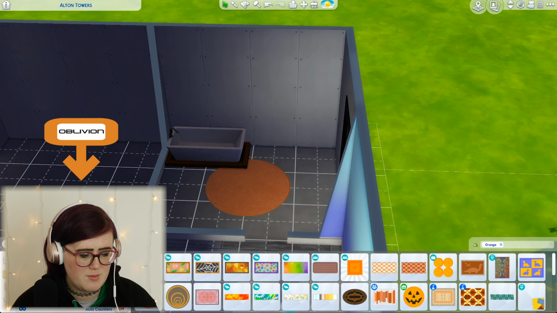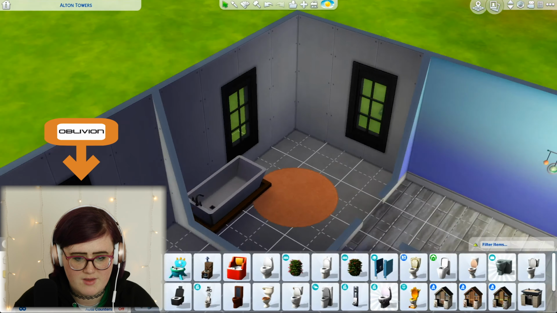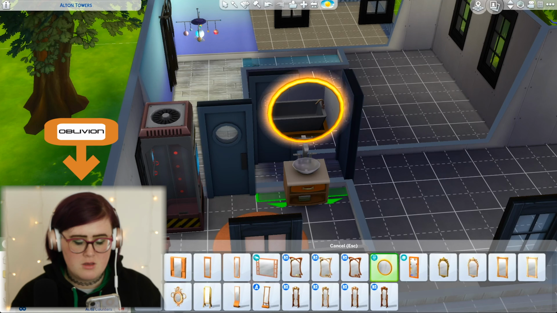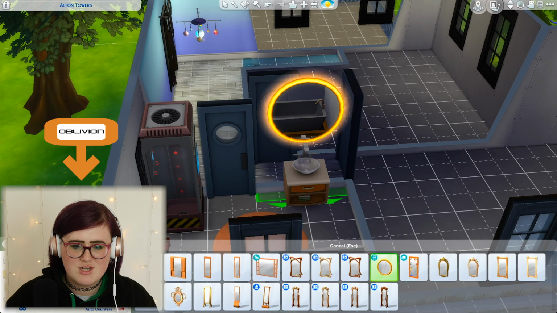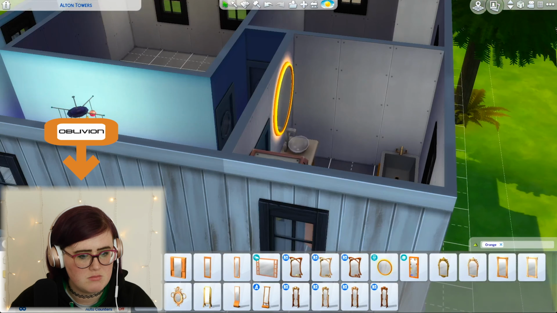Oh, how do I do an Oblivion bathroom? I was really dreading getting an Oblivion, because what can you do for Oblivion? Don't really know how I feel about this room. Oh, I need a sink. That might help. Oh, now that could work. Oh, what did I just get? That could work. Because it kind of reminds me of the hole that you dive into. You know what? It's big and it's obnoxious, but that's going to...